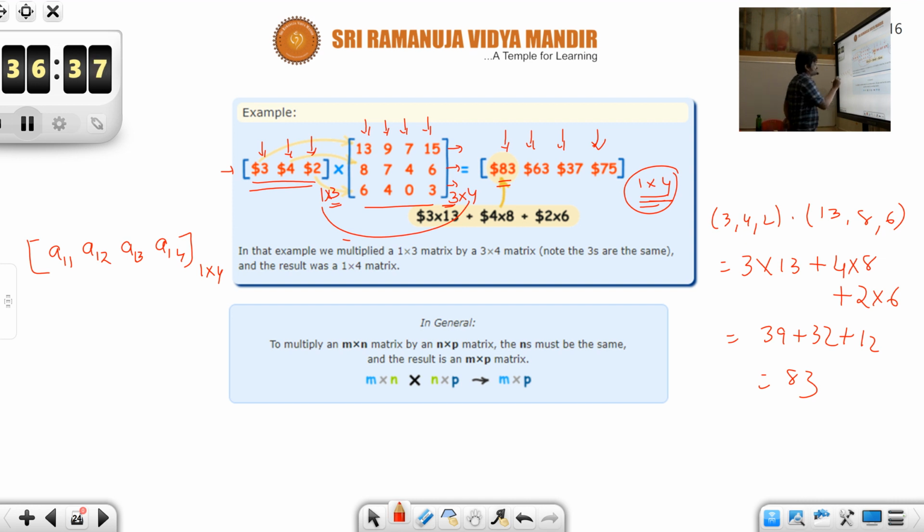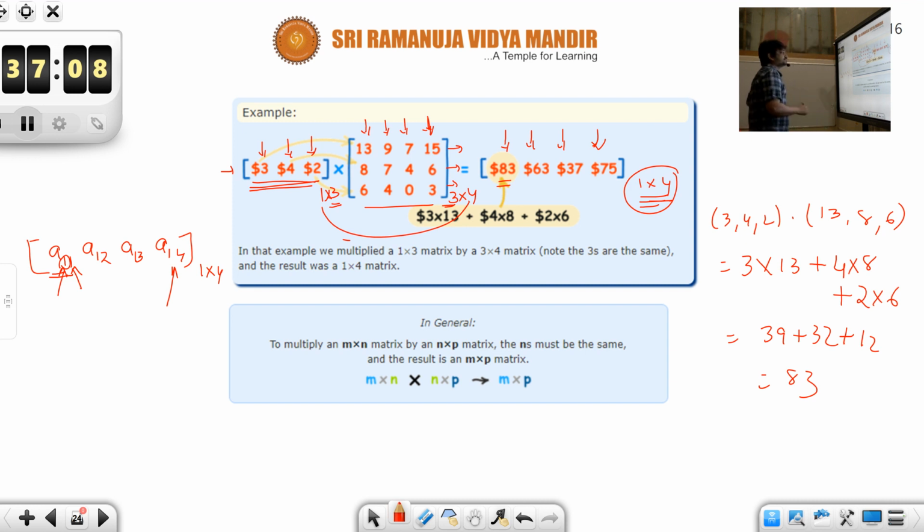Now, to get A11, you perform the dot product between the first row of the first matrix and the first column of the second matrix. To get A14, you perform the dot product between the first row of the first matrix and the fourth column of the second matrix. In this way you can identify between which elements you need to perform the dot product. Once you do enough examples, you will get to know this easily.